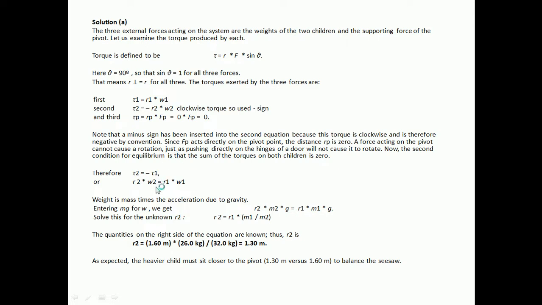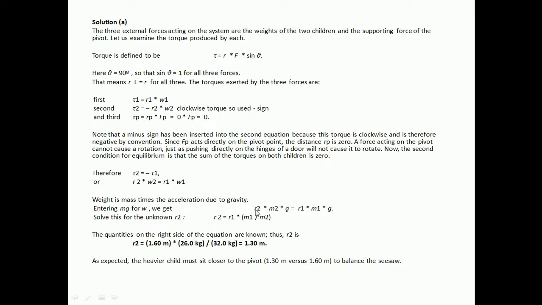So let's go to R1 and R2. What is the torque? Because this seesaw is in the balancing position, the torques of the two are equal. The torque is equal to radius times weight, so R1 multiplied by W1, the weight of the first one, is equal to R2 times W2. This is our equation. Now we need to find the value of R2, the radius of the second one. The weight is the mass of the second child and the gravity value, and this is the mass of the first child and the gravity value.